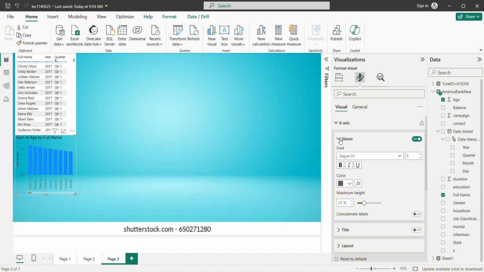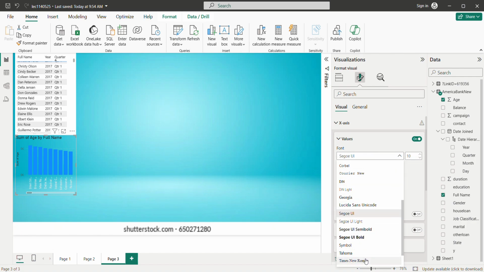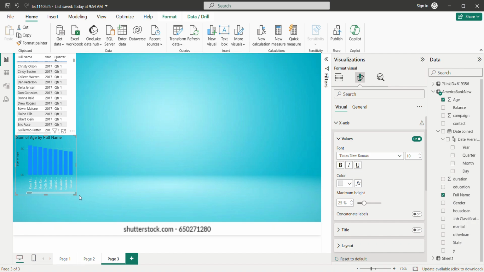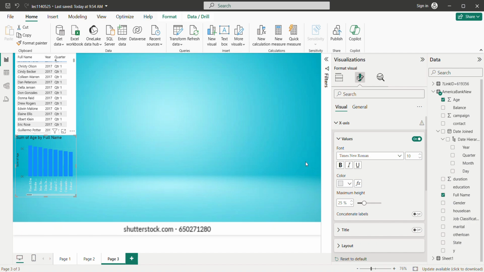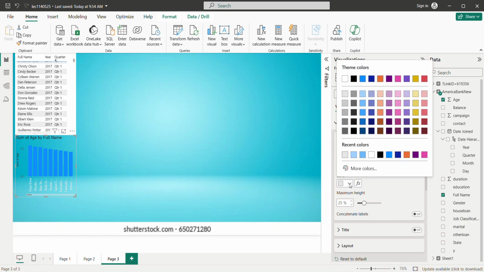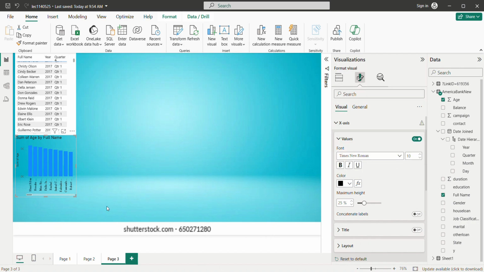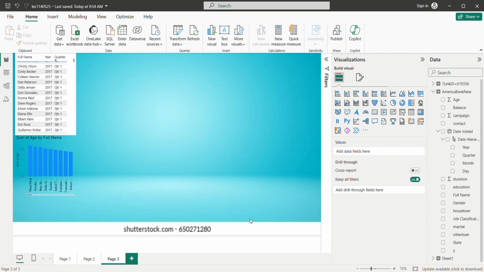Next, what are the values you have that are being shown? If you want to show the values, you can click that. It is being shown in white color, and you can change it to Times New Roman. You can see there is a change. If it is not appropriately visible in terms of title, you can change it to black. See, you can see there is a change over in terms of black,